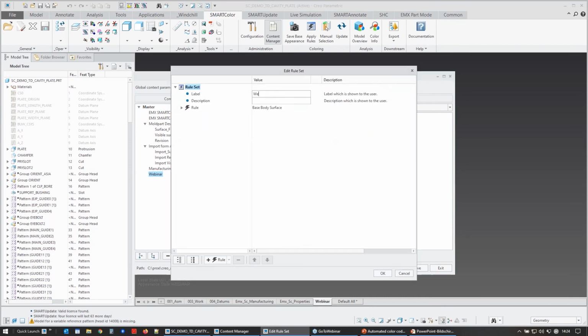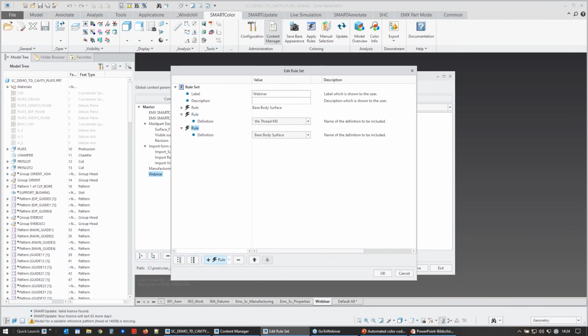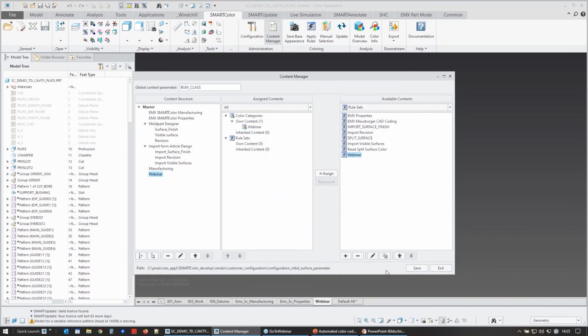Again, give it a name, webinar. Adding my 2 rules, thread M5 and thread M6. And don't forget to assign the rule set to the content. Save the configuration